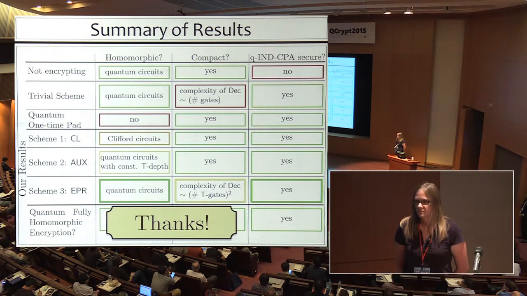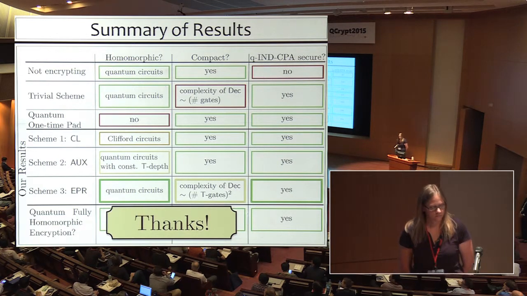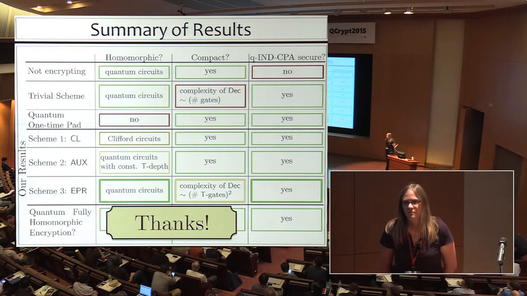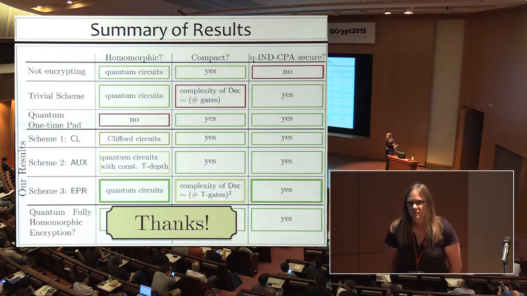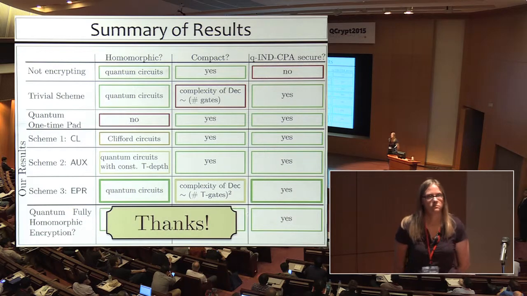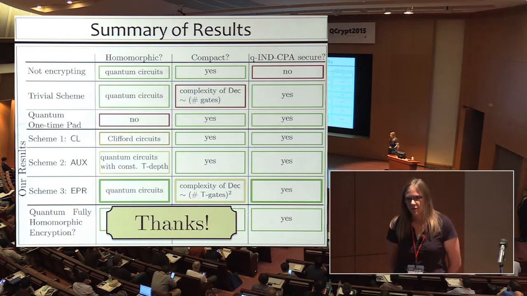Yes? Hello. I was just wondering if there's a way to compare different schemes, like in terms of the size of the secret key or something like that. For example, you mentioned that there are previous works that use interaction, but this one doesn't, right? But is there a trade-off? Does this do worse in some other way compared to those? In other words, does interaction help at all? If this is just as good as the ones with interaction, then you might as well not use interaction, right?